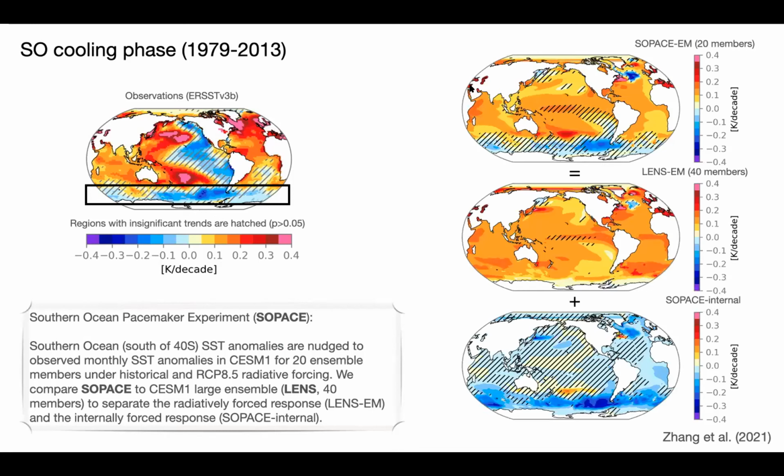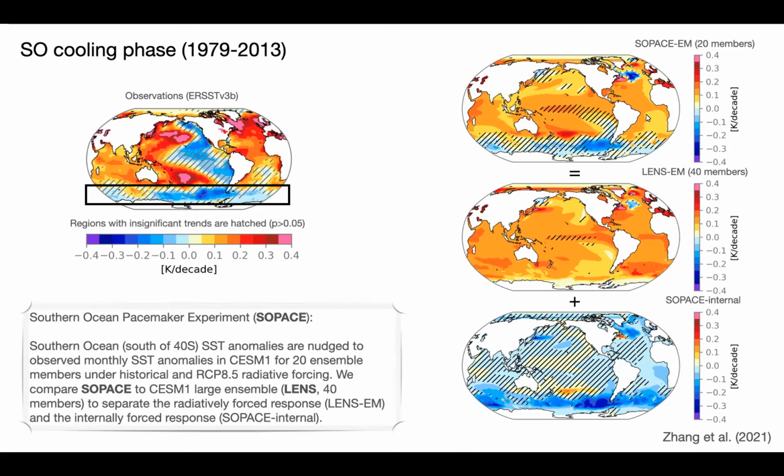So if we look at the ensemble mean results from our simulation, on the right, we have 3 different panels. The first panel is showing the ensemble mean of SO pace. So this is the ensemble mean of the pacemaker run, where we nudge the Southern Ocean SST to observed anomalies. So they're very comparable over the Southern Ocean. But outside of that region, SSTs are freely evolving, and we see some cooling that is not significant in the tropical